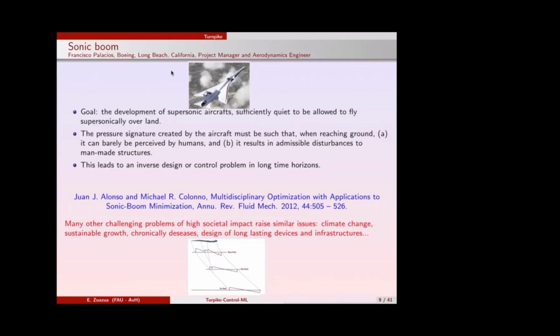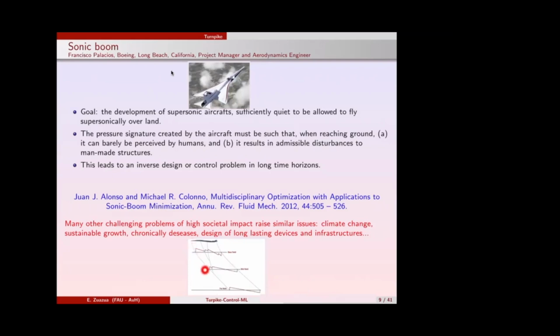As you know, one of the difficulties of supersonic aircraft, of course, they are much faster, but because the flight goes beyond the barrier of sound, when the aircraft reaches this critical sound speed, it generates a sonic boom. It's a boom, it's an explosion, and this explosion, which is a shock wave, an acoustic wave, propagates down to the floor, to the earth. This is maybe 10 or 15 kilometers high.